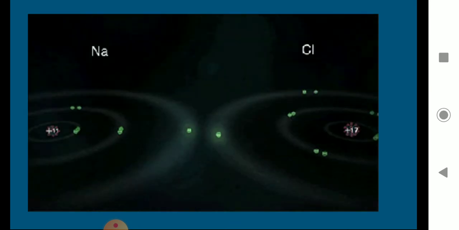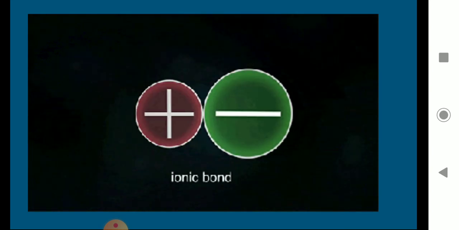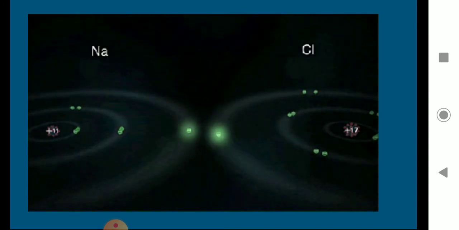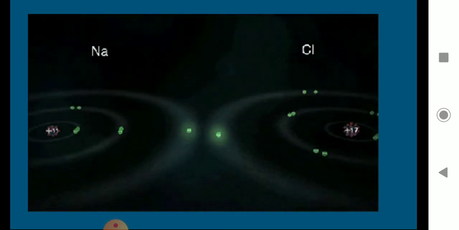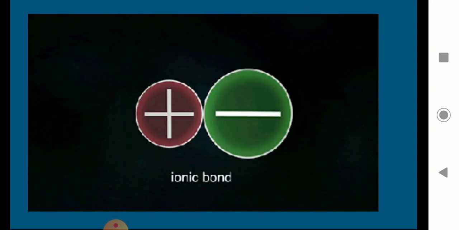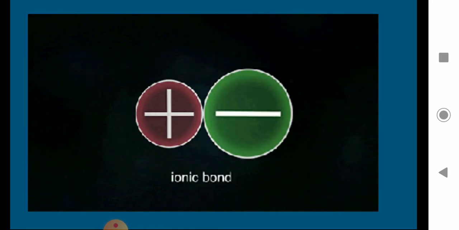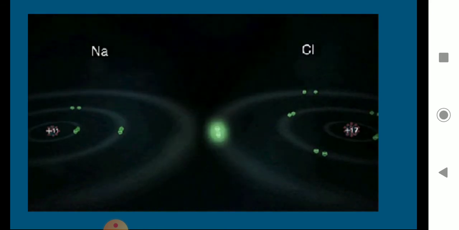Here sodium and chlorine, you could see an ionic bond. Sodium is giving its one electron to chlorine, and then chlorine becomes negatively charged and sodium becomes positively charged, and that bond formed because of the negative and positive charge of two atoms is called an ionic bond. An ionic bond is formed because of give and take of electrons. Sodium is giving and chlorine is taking. This is only one example. Like that, many ionic bonds and ionic compounds are there.